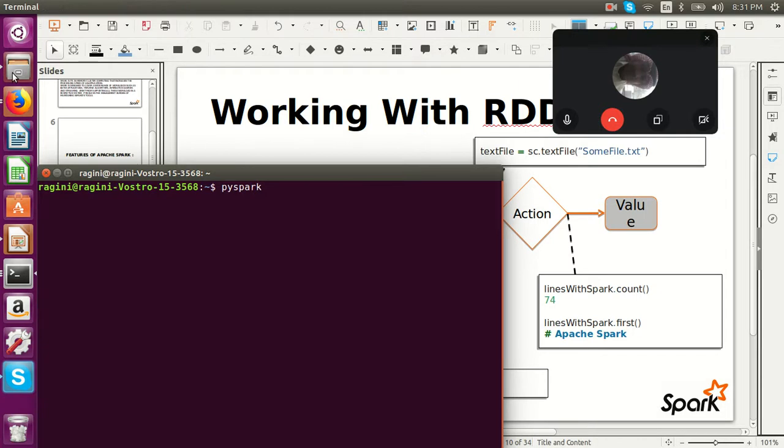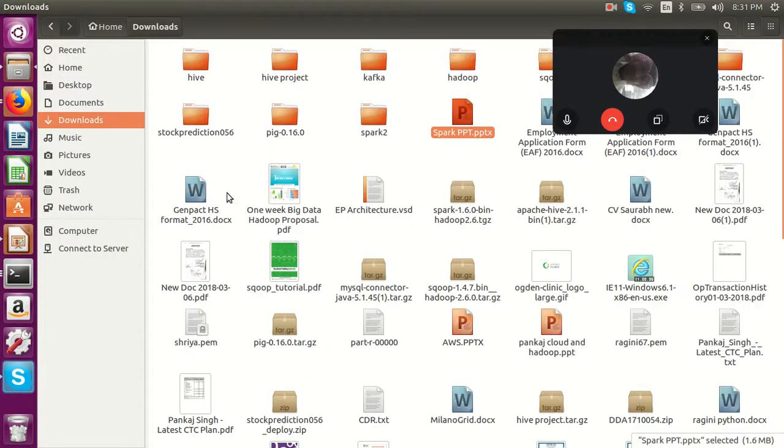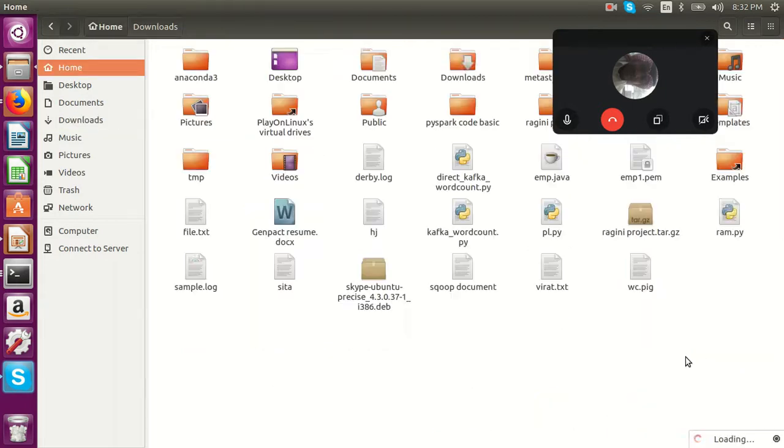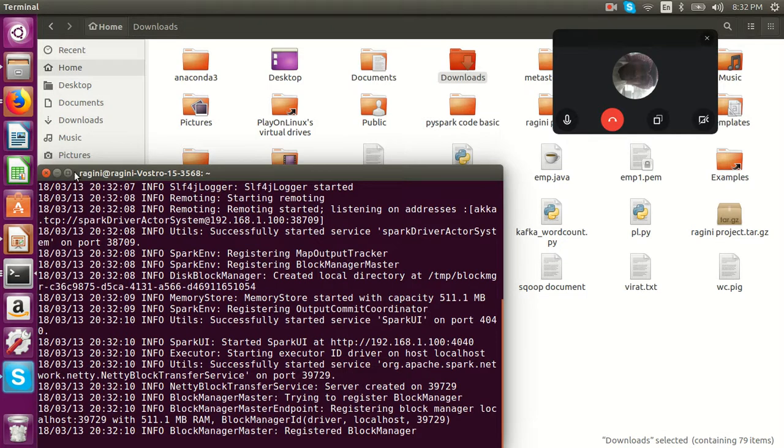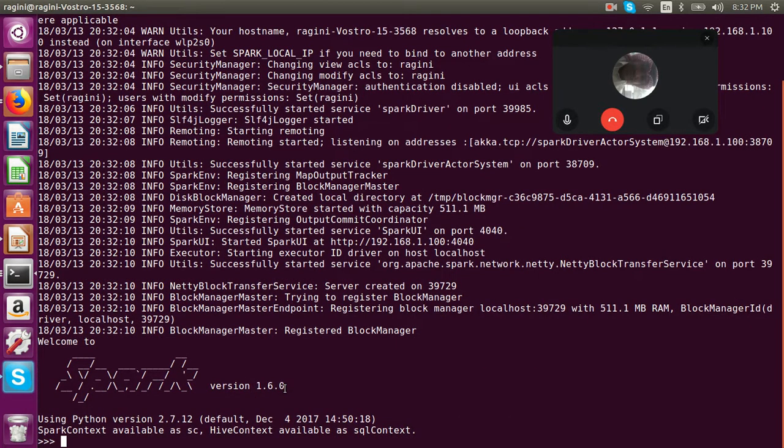I have one file here. I'm just checking, in home there is one file, virat.txt. This is my text file. So look here, this is my PySpark. Now Yasir, I'm going to show you sc, your Spark context. Later on I will discuss this Spark context. Here I'm just telling you it's a functionality and it is the entry point of any application. If I'm typing sc dot and using tab,